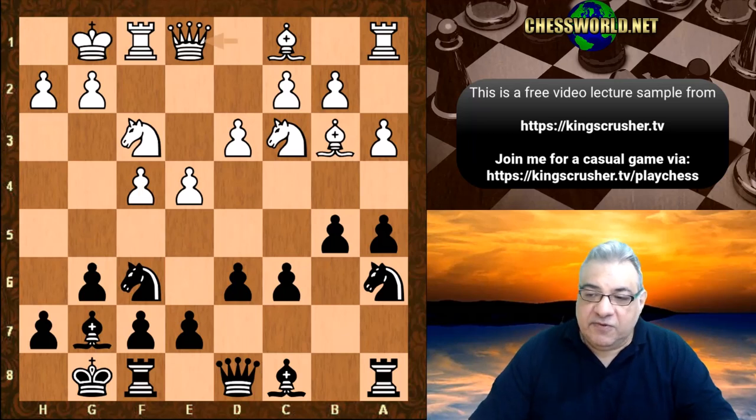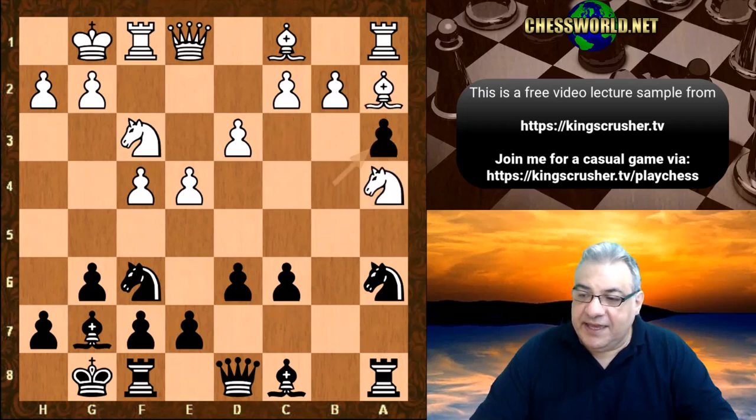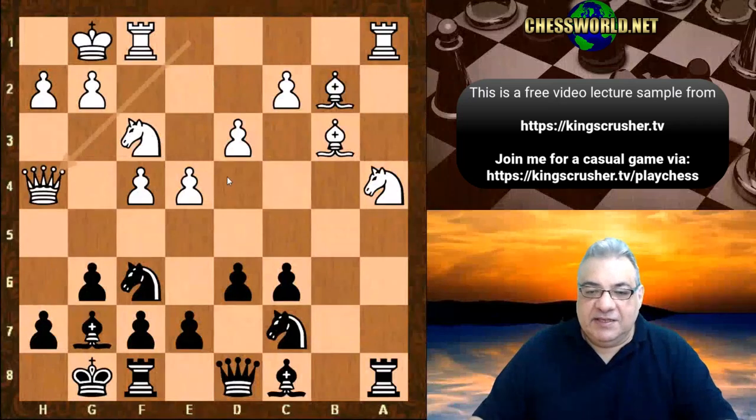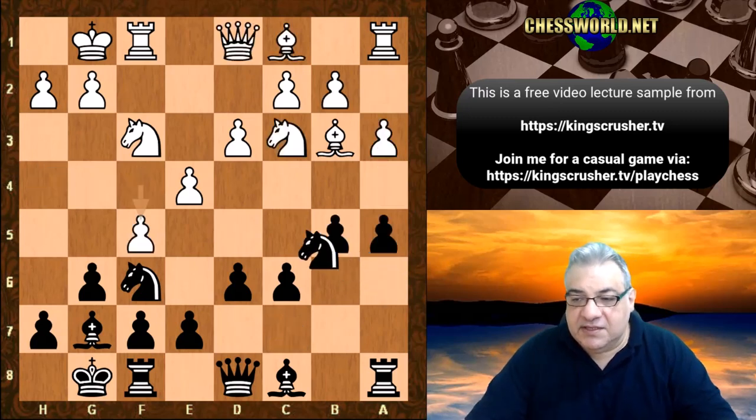So for example, a4, bishop a2, b4. This is pretty sharp stuff, but here it seems as though the bishop might be returning back with a decent position for white, and some of the attacking potential is still here. This is okay for white, but with f5 we see knight c5,